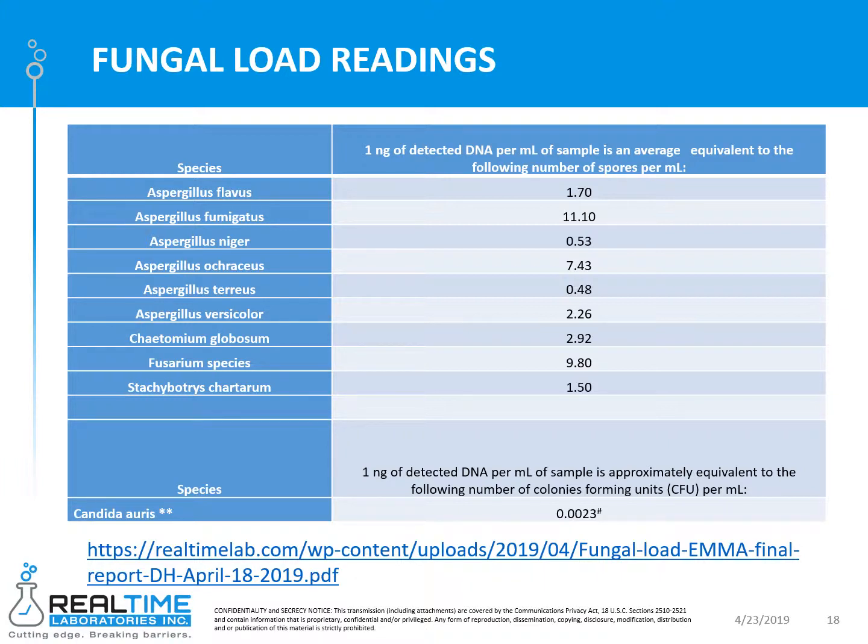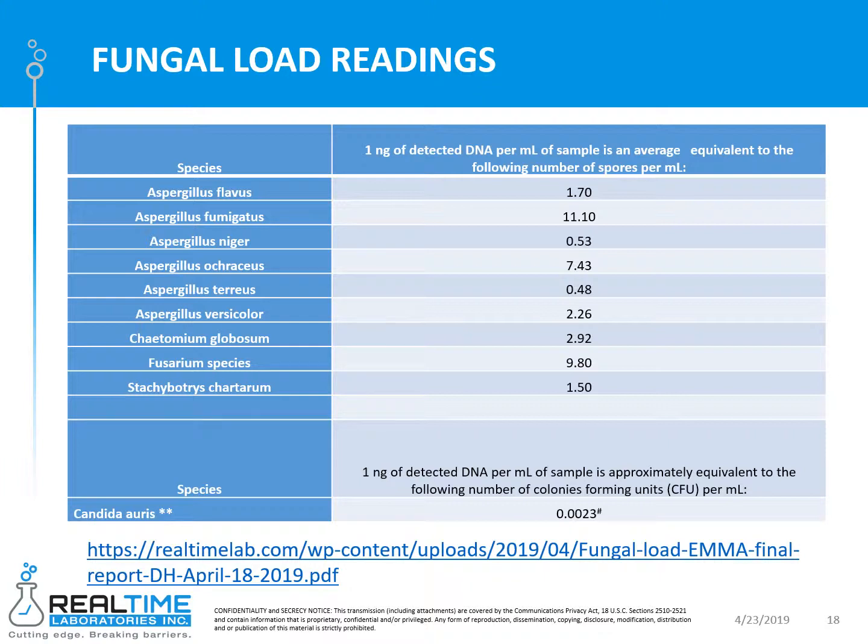However, the Candida auris grows just like any other yeast, in that it grows in colony-forming units, not in spores, because there are no spores per se. So we have determined through our validations that 1 nanogram of detected DNA per mil of sample is approximately equivalent to the following number of colonies or colony-forming units per mil, and that comes to 0.0023. Now, if you click through to our whole discussion, if this seems a little bit complicated for you to